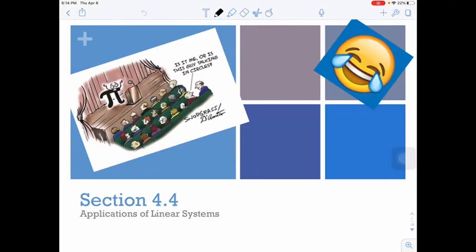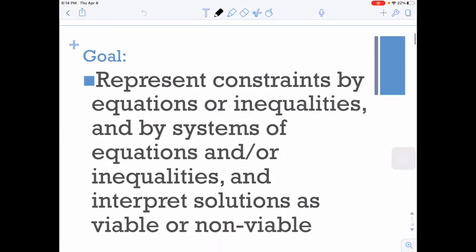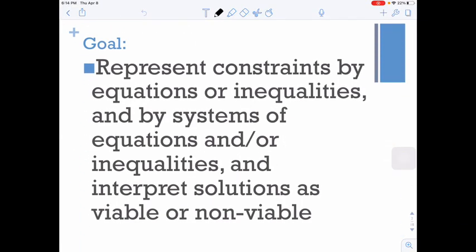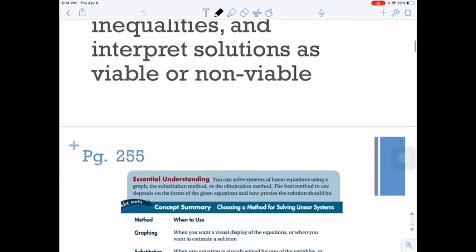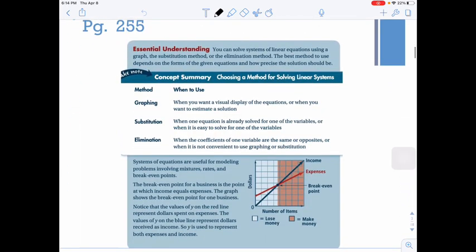Section 4.4 is applications of linear systems. Our goal is to represent constraints by equations or inequalities and by systems of equations and/or inequalities and interpret solutions as viable or non-viable. On page 255, we have you can solve systems of linear equations using a graph, the